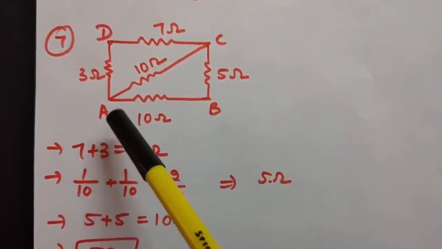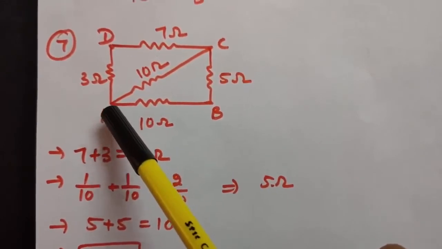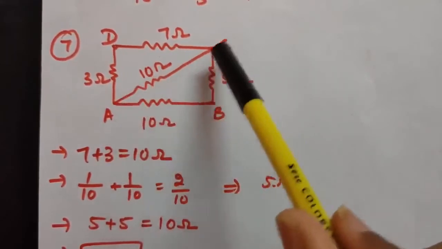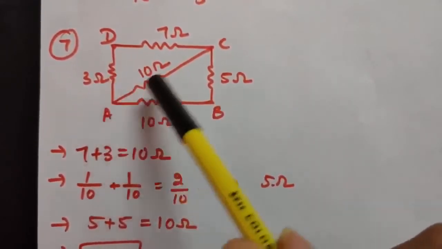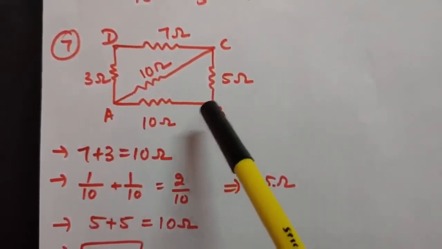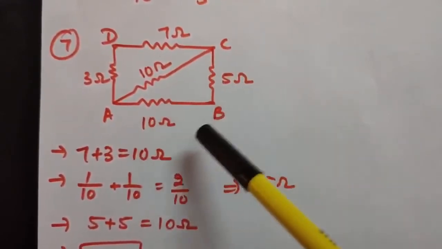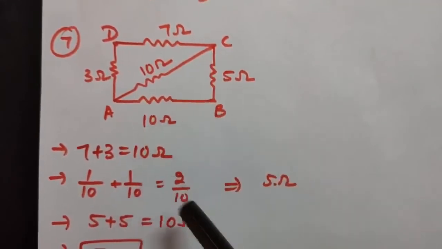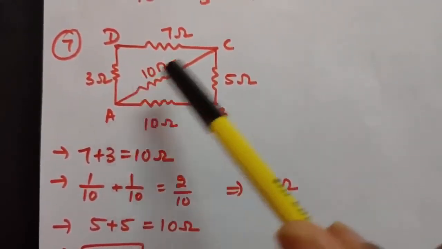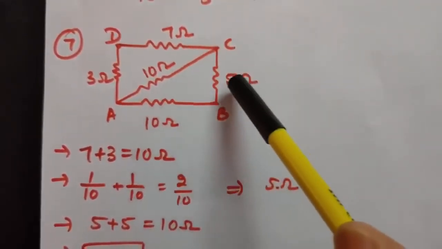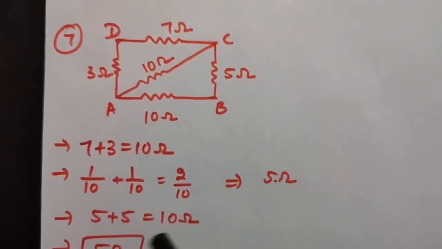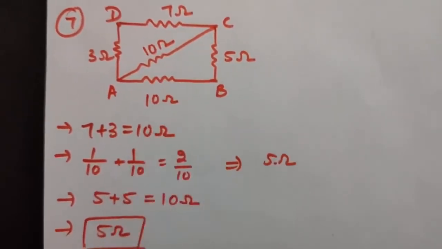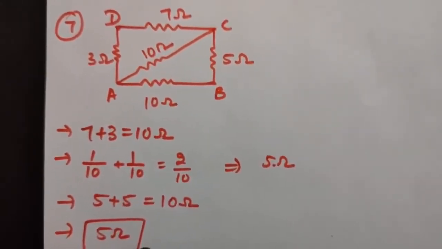And one more thing, you have to calculate the resistance between A and B. So now as you can see, all the three lines of these resistances are connected between A and B. So it is nothing but we have to calculate the overall equivalent resistance. Okay, so this 10 and 10 are in parallel, so you will get 5 ohms. Now this 5 ohm and this 5 ohm are again in series combination, so that will give you 10 ohm. Again this 10 and this 10 will be in parallel, so that will give you 5 ohms. So the answer is 5 ohm.